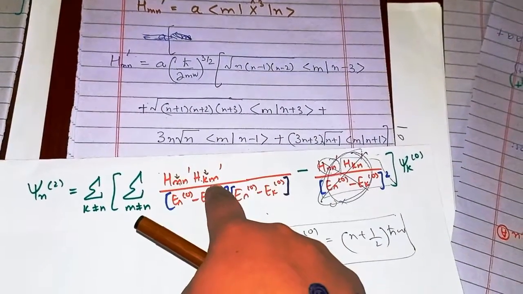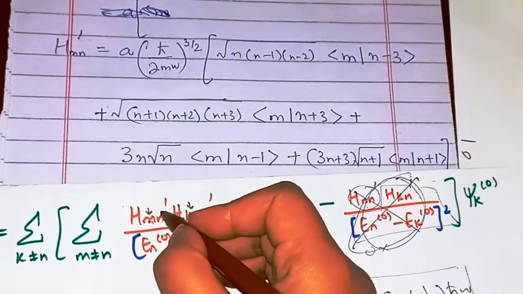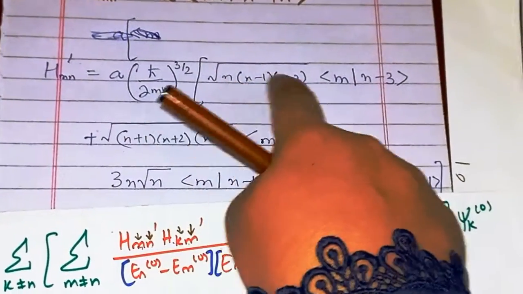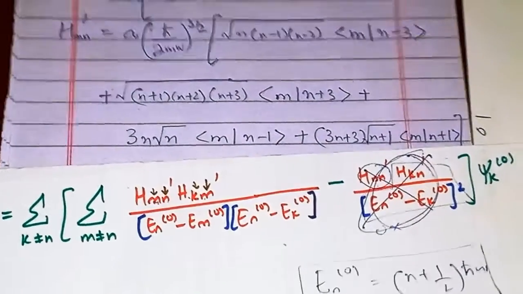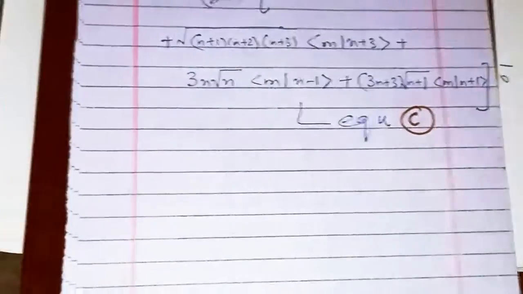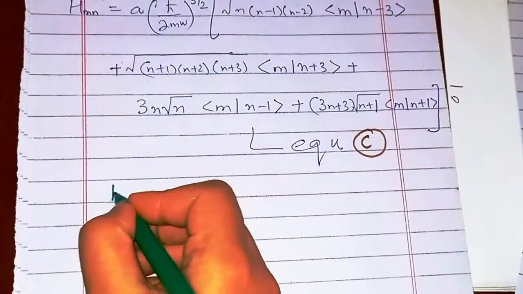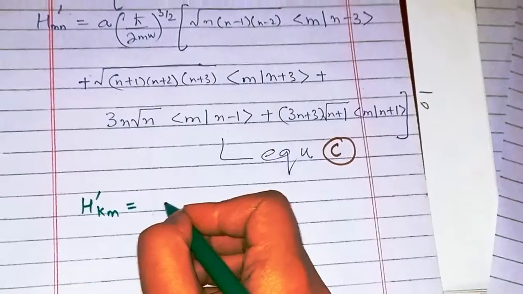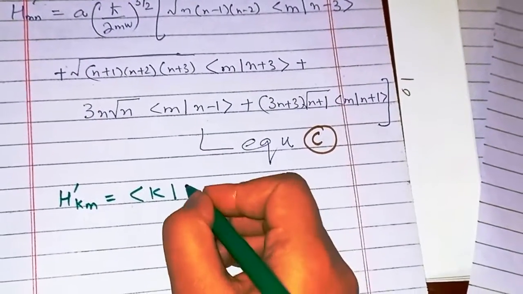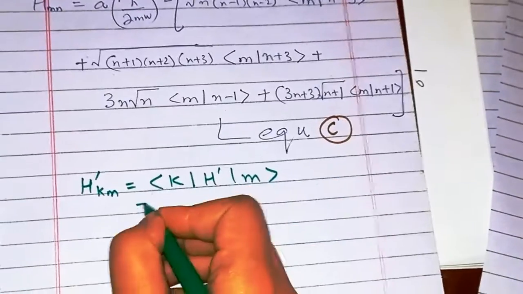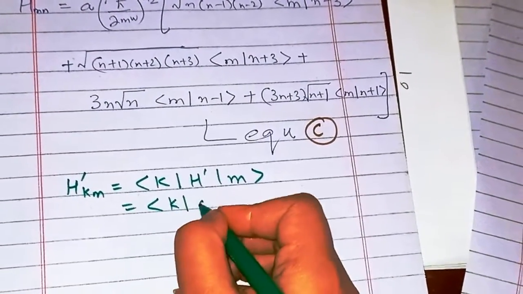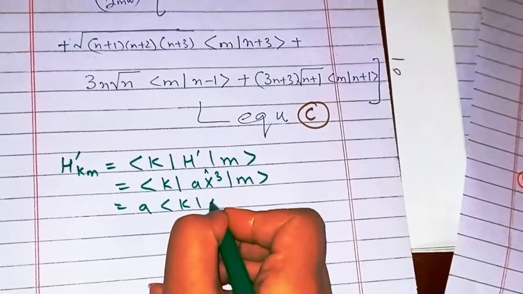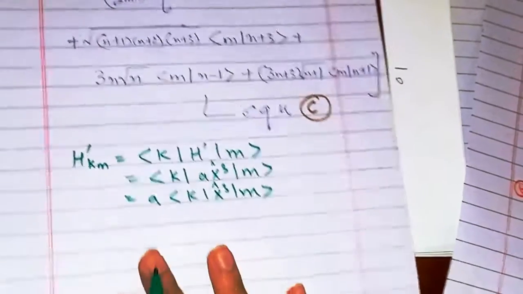And for n, wherever there is n, you can see here n is replaced by m. So wherever there is n, you will write m. Okay, you got it? Let's do that and see what it is equal to, because it's only the shifting of quantum numbers, nothing else changes. The formula is still the same. We had the quantum number k, then H', then quantum number m. And if we put the value of H', that is actually ax cube, the same thing. A comes out and we have k x cube m. And from C